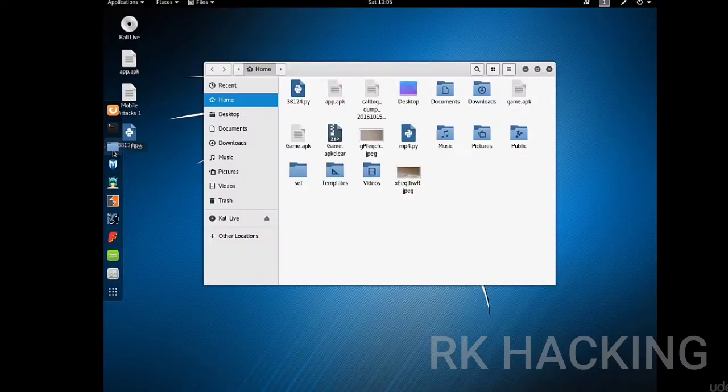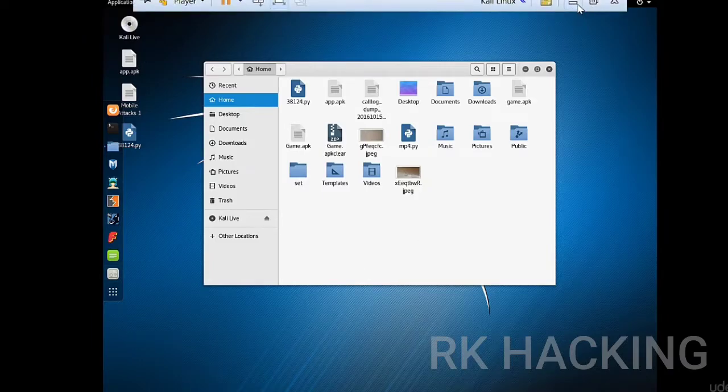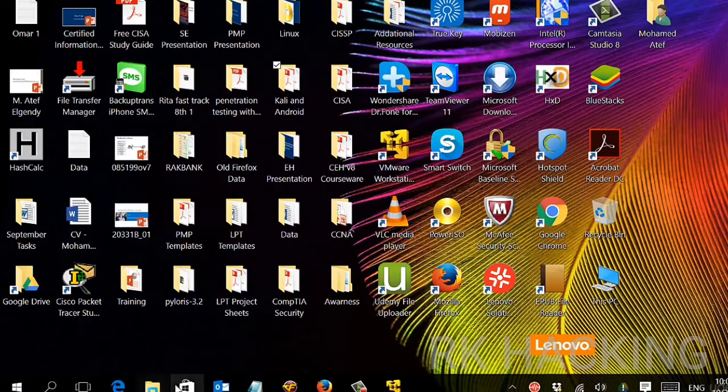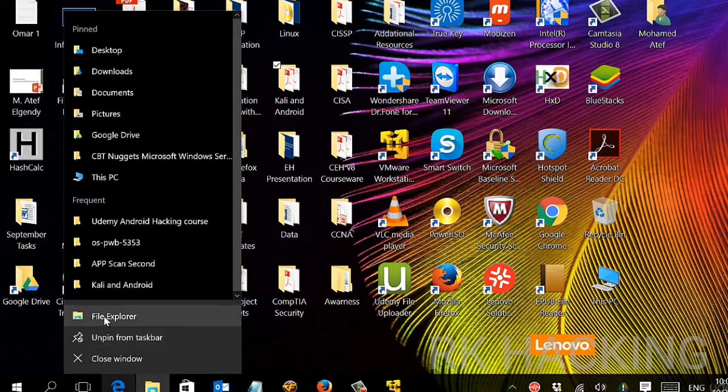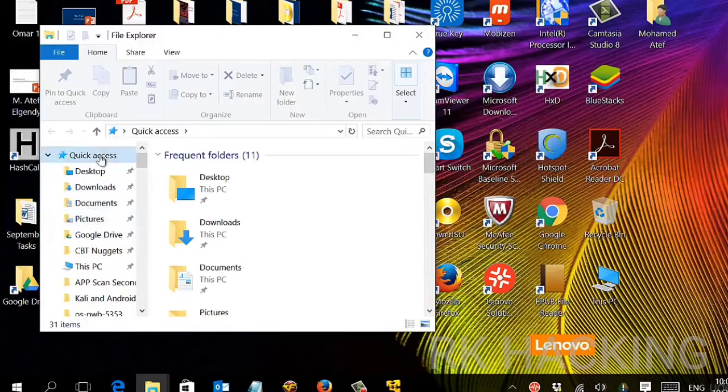Here you go, and it will show you the different folders inside your home directory: the home, the desktop, the documents, the downloads. It's exactly the same structure as Windows. If you go to Microsoft Windows and open your home folder, you'll see almost the same folders: desktop, downloads, documents, pictures, music, and so on.